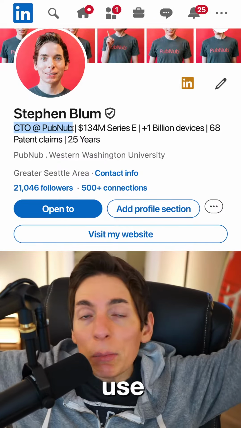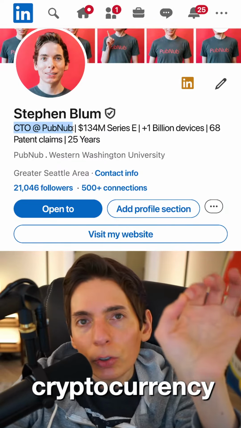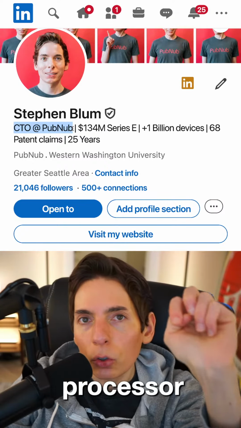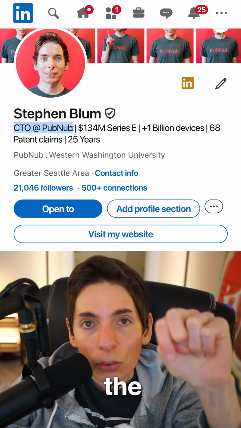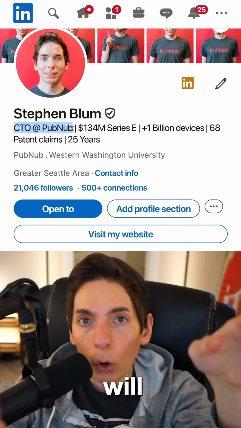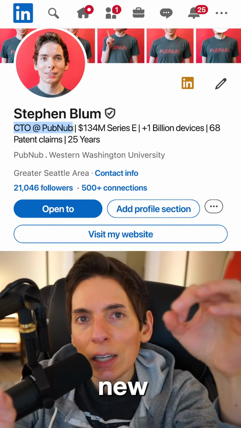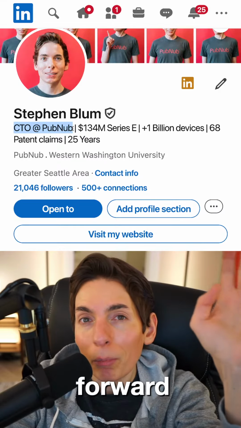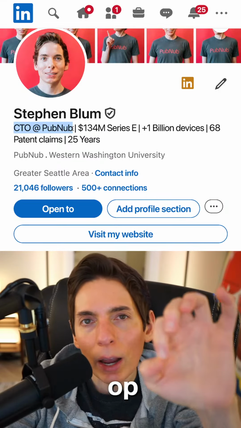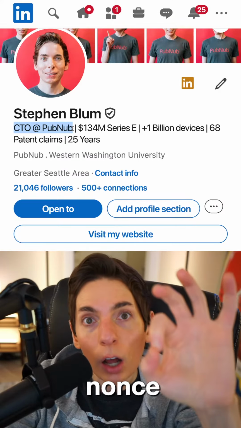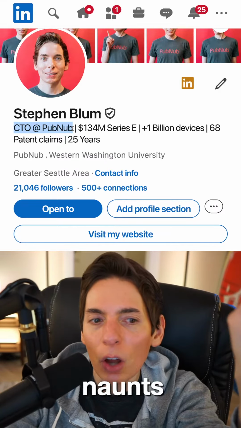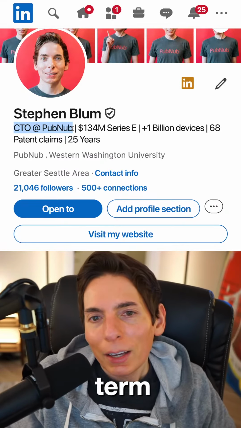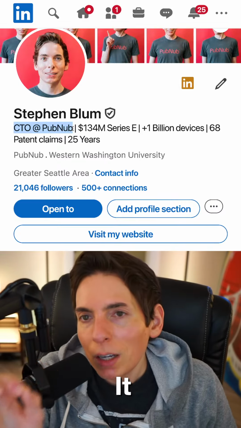The same thing with cryptocurrency. Cryptocurrency can be broken with a quantum processor. Once it gets good enough, the chains, like the Bitcoin chain, will fork and create a new V4, V5 or whatever. And everyone going forward that is mining Bitcoin and updating the random nonce, when I say nonce, I really mean nonce, which is a weird term, it will all be compatible going forward.